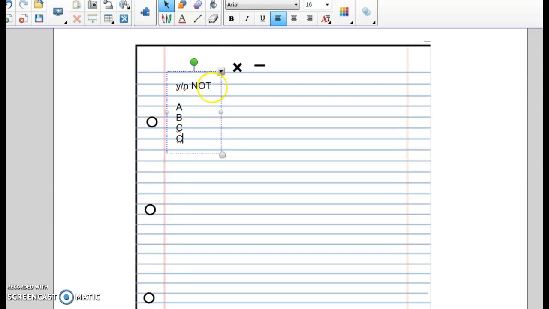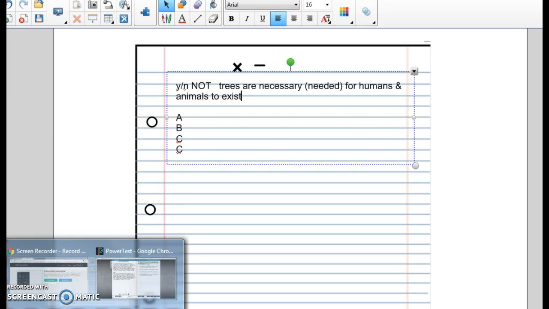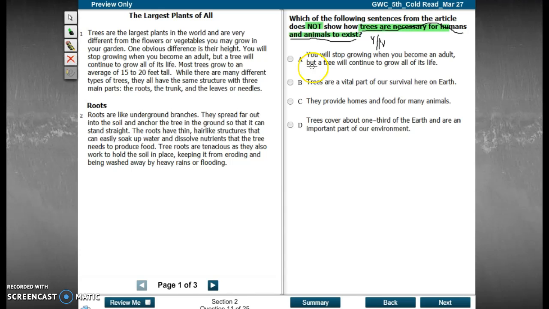We're looking at trees are necessary, which means needed for humans and animals to exist. So we're going to look at each one and see if it proves it, okay? And label it yes or no. Let's look at A. You will stop growing when you become an adult, but a tree will continue to grow